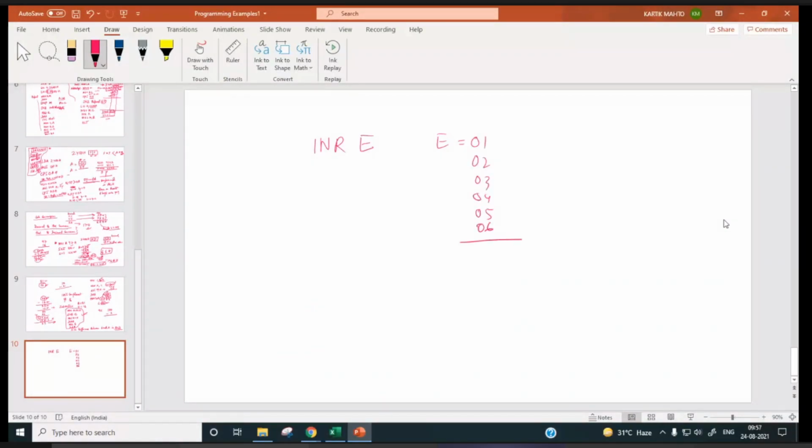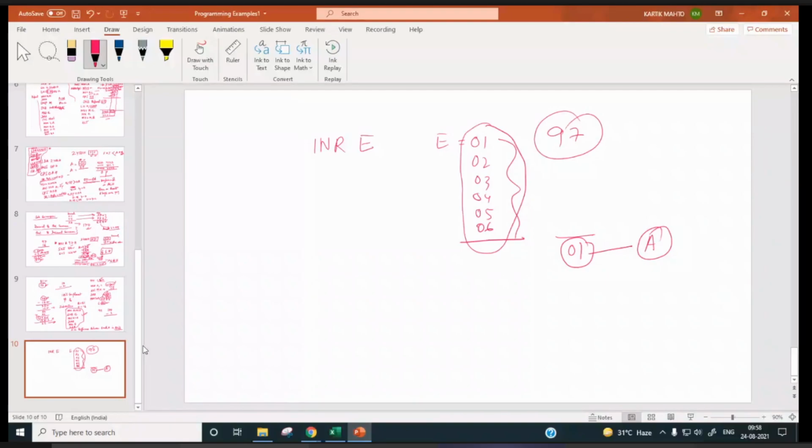So these many times 16 is subtracted from 97, and then finally you are getting how much? 01 as a remainder. So this remainder will be in the accumulator finally, and the upper digit will be in the E register.